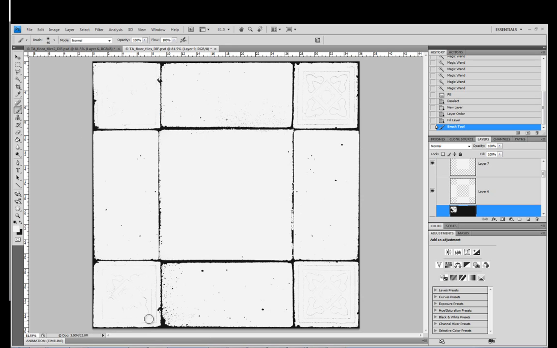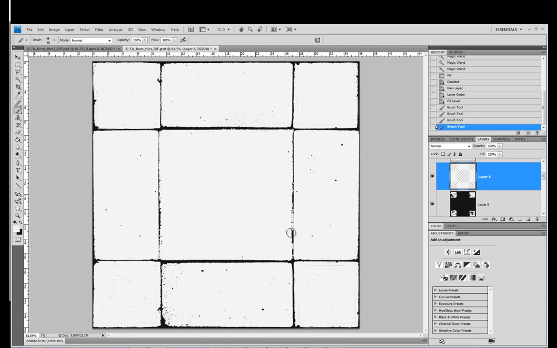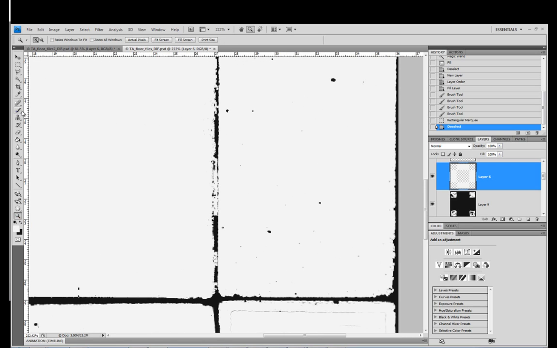So I probably could have just selected this rather than do it like this, but hindsight is a wonderful thing. The last thing you might want to do is go in and fix any of these little bits here where the mortar has been selected. A couple of ways to do that: either just select it and fill it in with black, or come in here